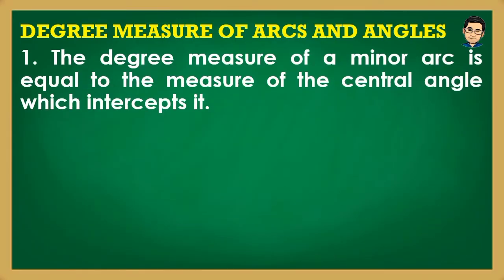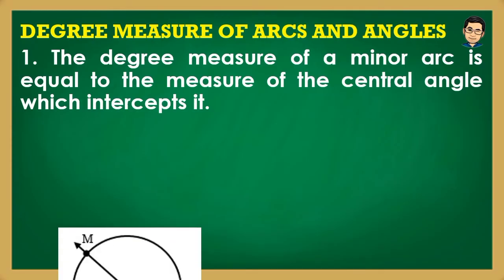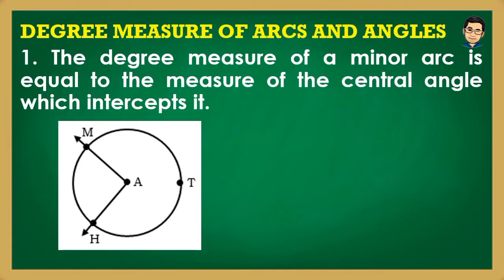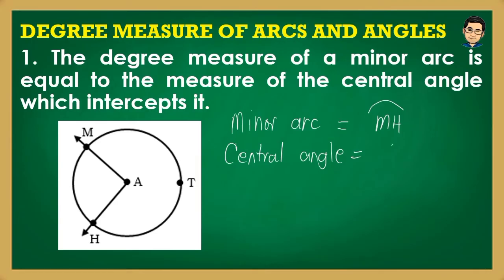First, the degree measure of a minor arc is equal to the measure of the central angle which intercepts it. Okay, using the figure, let's first identify the minor arc. A minor arc is an arc which measures less than a semicircle. So the minor arc that we can identify there is arc MH. And then the central angle there is angle